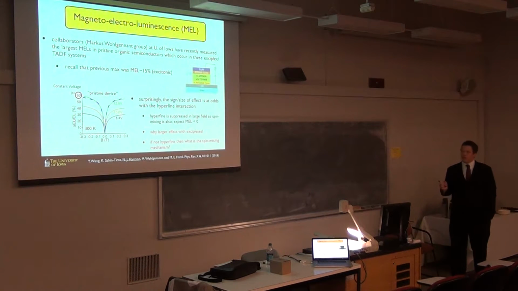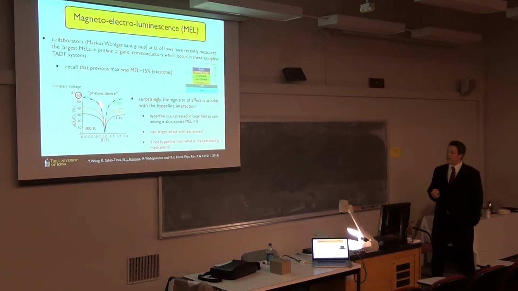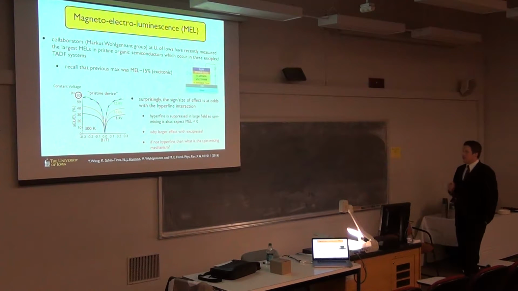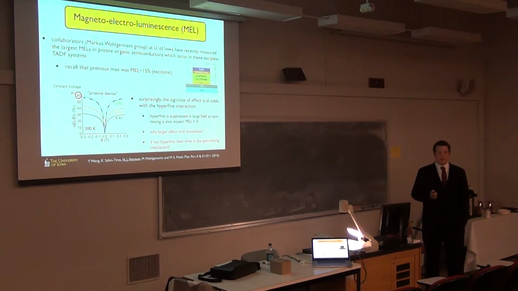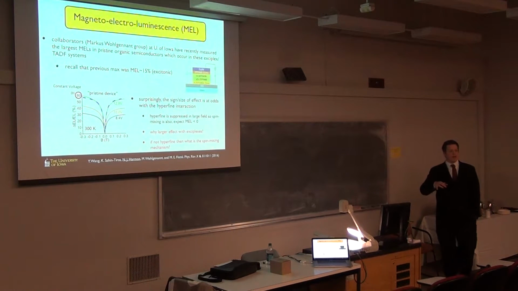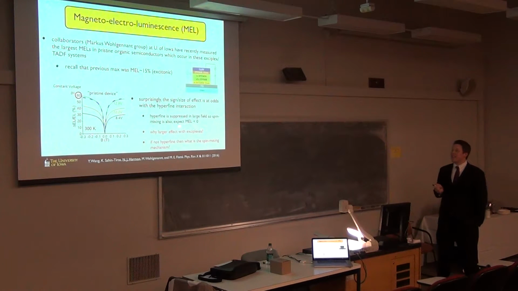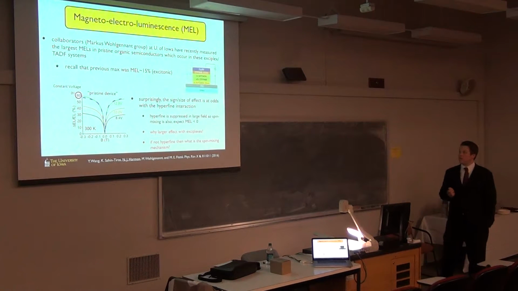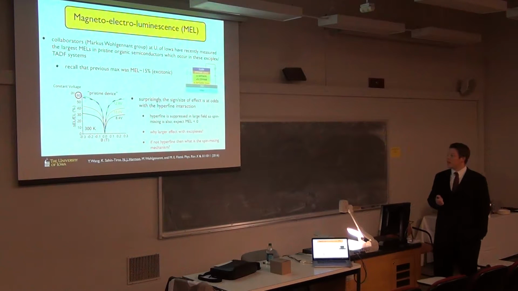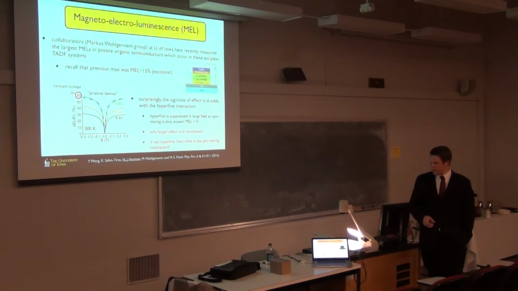Now, before I was saying, was the hyperfine interaction relevant for the excitonic system? However, everything about this is screaming that it's not the hyperfine interaction. And the reason why is that in high fields, the hyperfine interaction is suppressed. So you would reduce your amount of spin mixing, which would reduce your amount of triplets going into singlets. So you actually would expect a negative magneto-electroluminescence. So this is a question we asked: why is it a large effect? And also, if it's not the hyperfine interaction, what interaction is it?